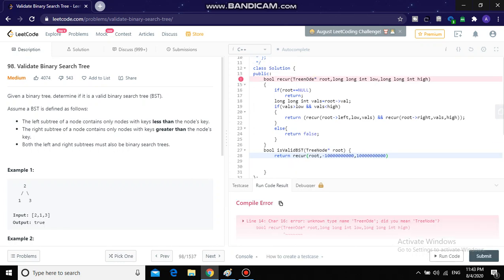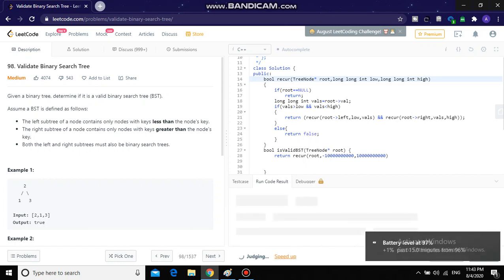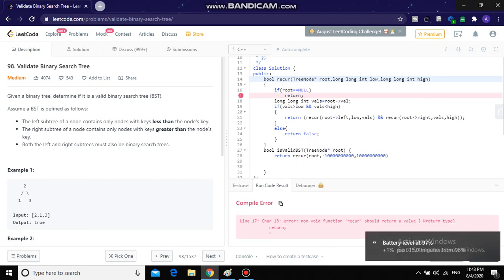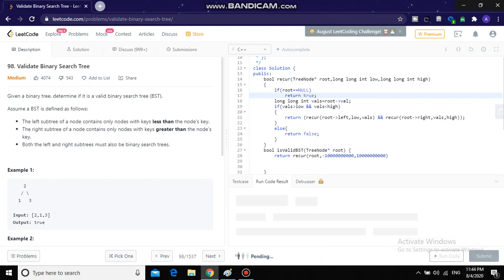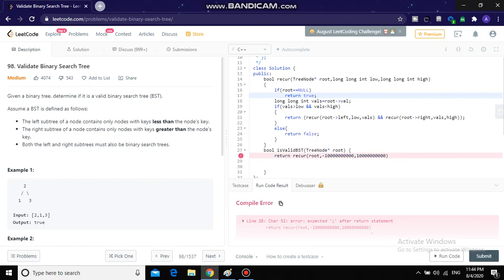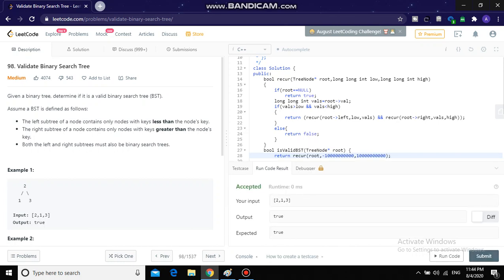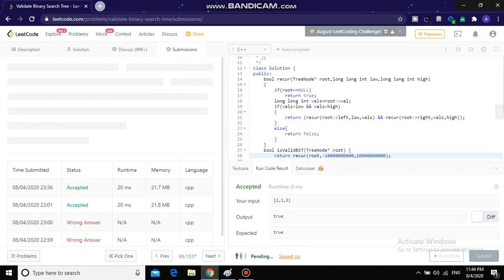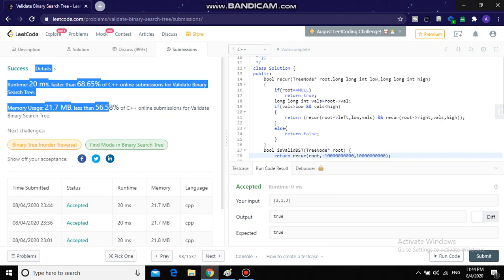Some small mistake. Let's submit it. Okay, cool. Successful. So our code is correct.